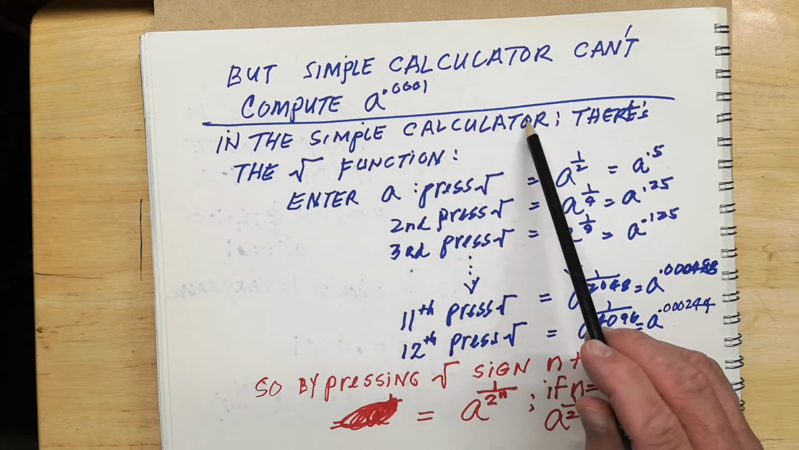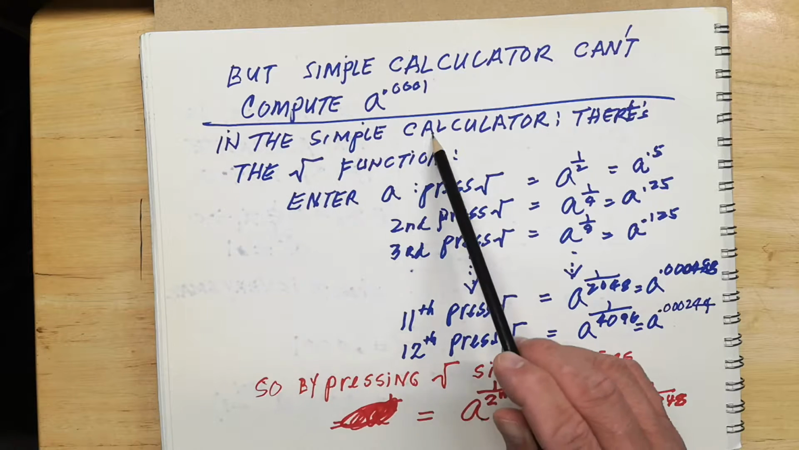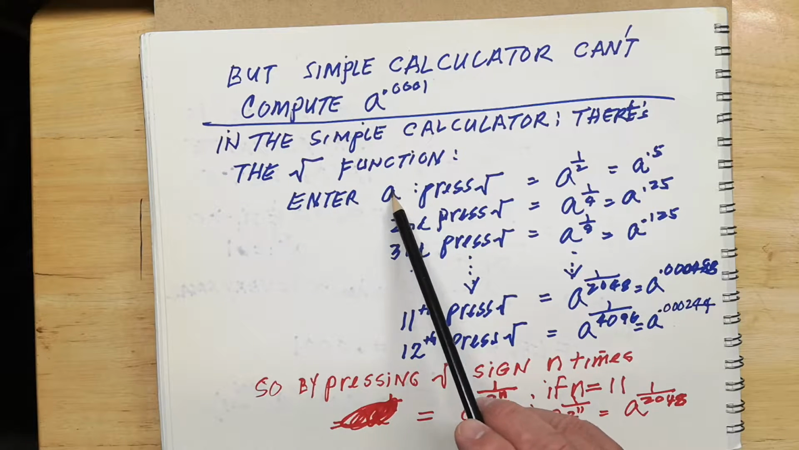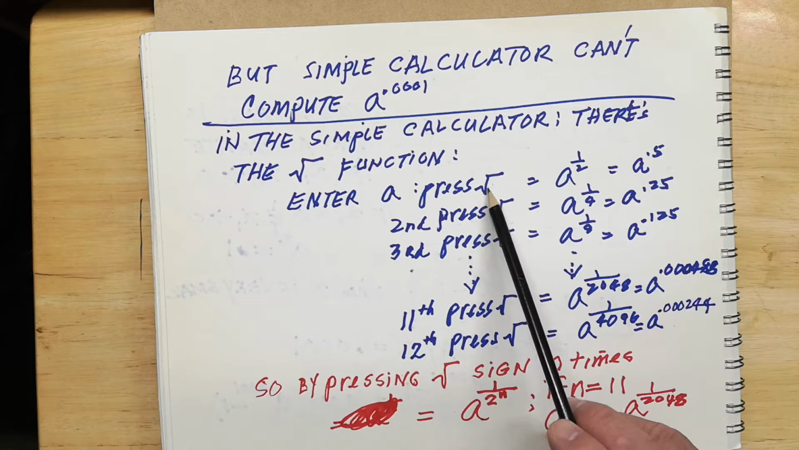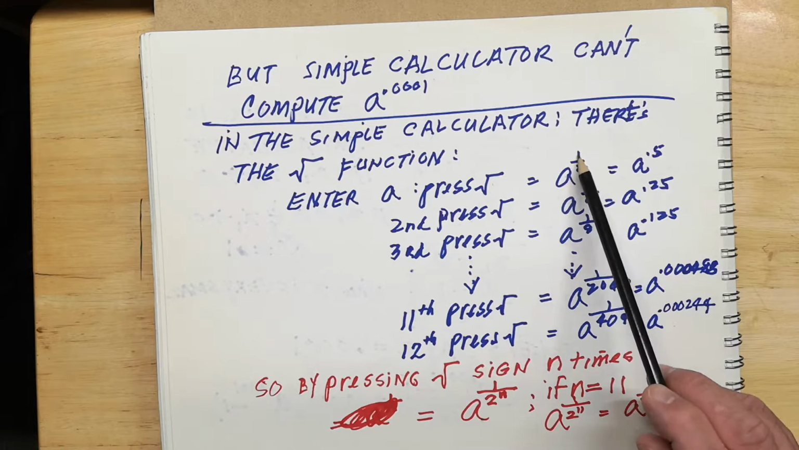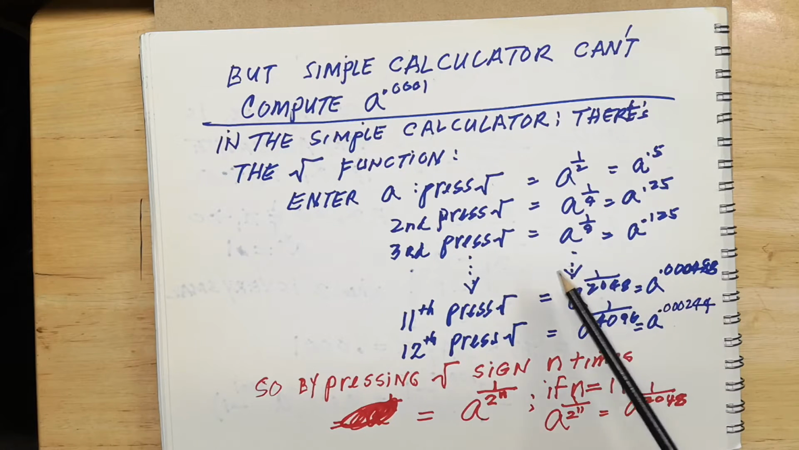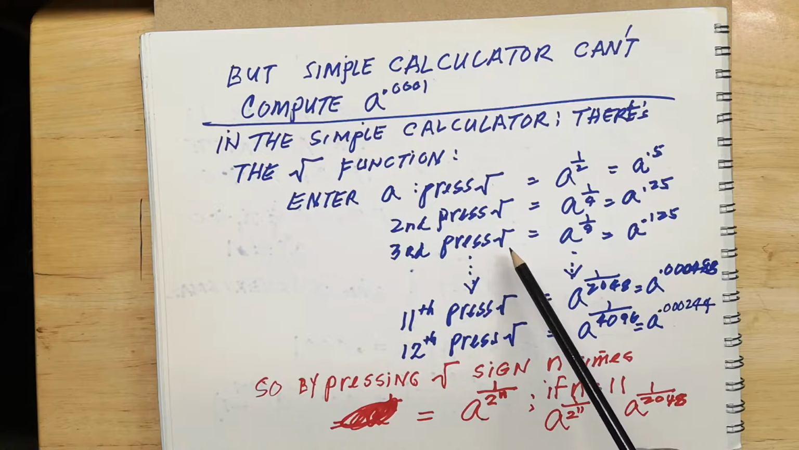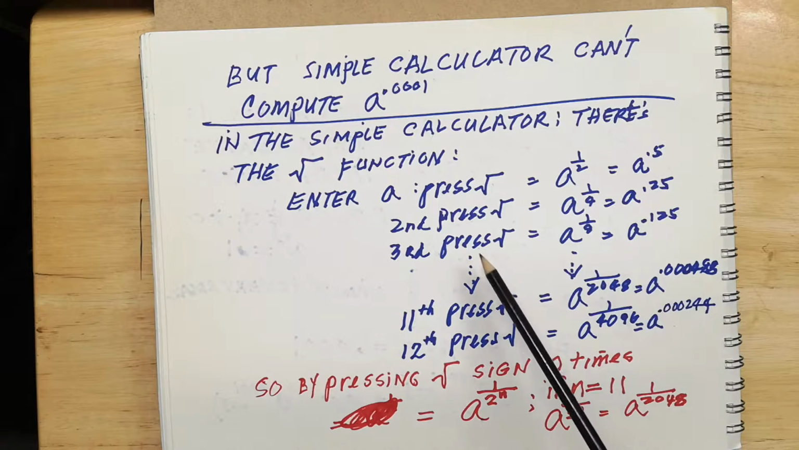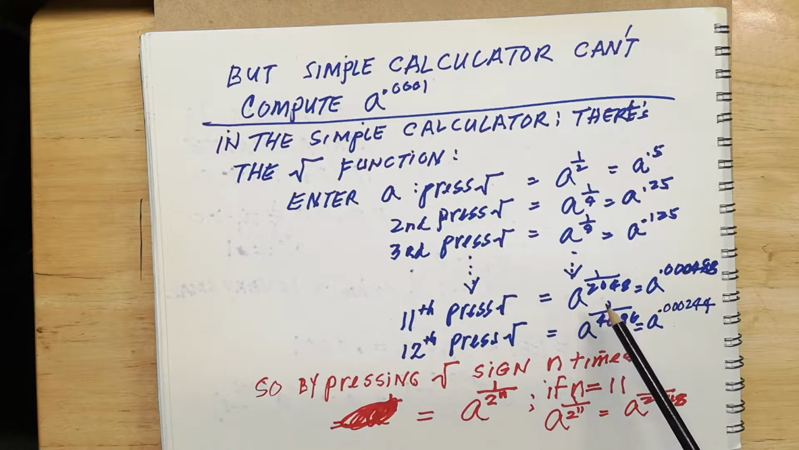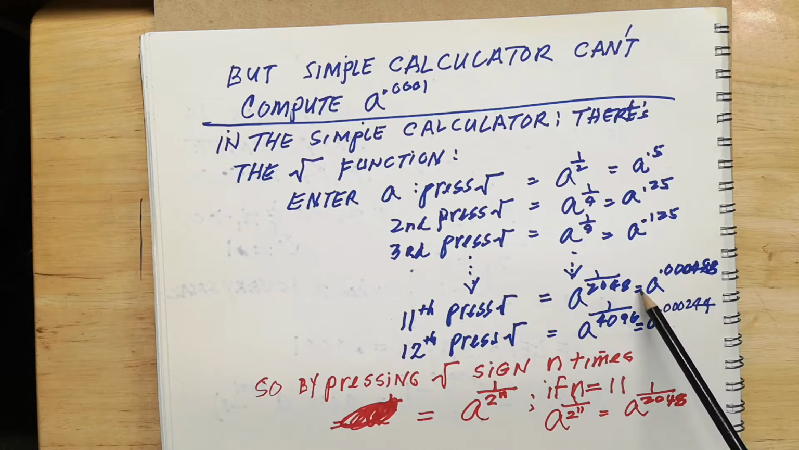In the simple calculator, there's a square root function. When you enter a and press once the square root function, that means you're getting a raised to the 1/2. You press the second time, you'll get a raised to the 1/4. You press the third time, you get a raised to the 1/8, and so on and so forth, until, let's say, you reach the 11th time you press the square root sign, then that is equivalent to a raised to the 1 over 2048,